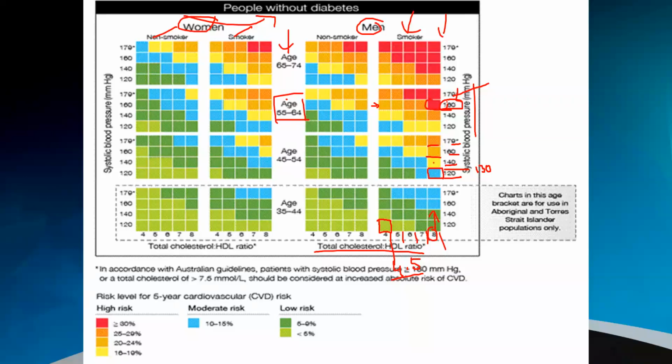this red box is the patient's box. Now, if you compare this red box in here, you can see that the red box has the highest risk of having a 5-yearly cardiovascular risk, more than 30%. Okay, so this patient is in a high risk category to have a 5-yearly risk of having a heart-related complication in the future. So that's how you read it from this chart. Any question, guys?